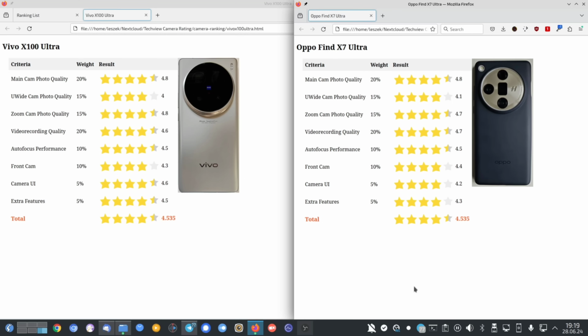And I think overall the color rendition, by default at least, is a bit better on the Oppo Find X7 Ultra. Of course, you can tweak it on the X100 Ultra, but basically practically the same sensor here, and all the little differences in processing are negligible because they're configurable between those two. Then when it comes to the ultra wide angle, however, we have a winner here with the Oppo Find X7